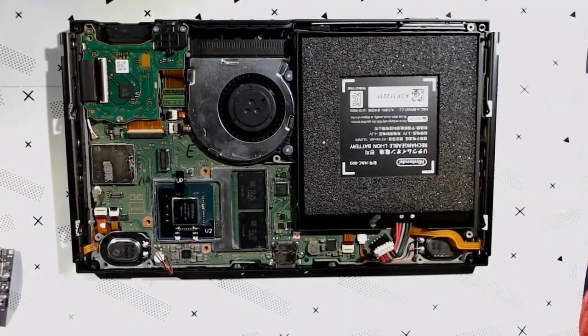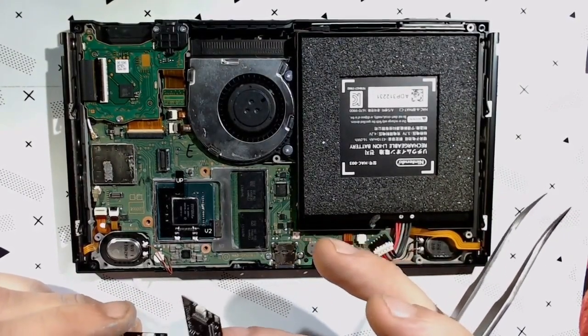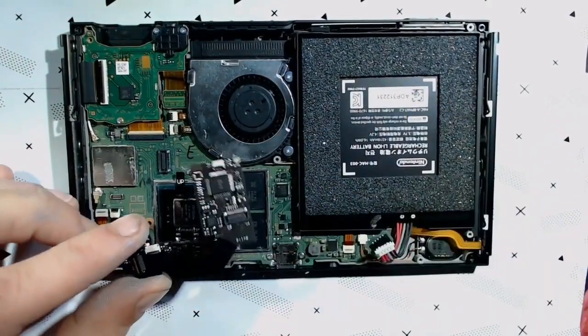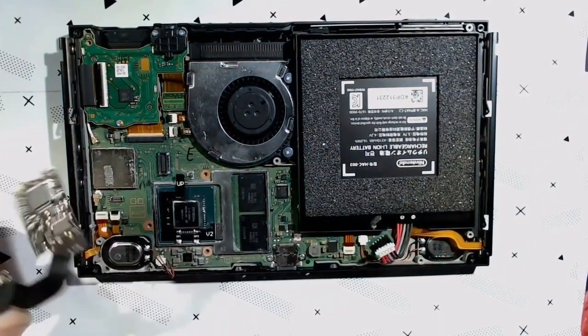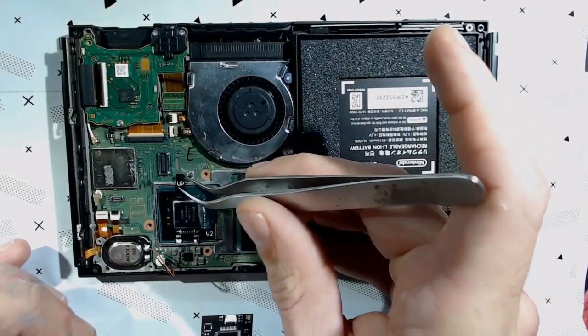All right, we're almost out of the woods, dudes. So the next step here is to plug this guy in. This one, we're going to want to be very careful with. So we have to bend this back. I'm going to use tweezers. We're going to bend this back